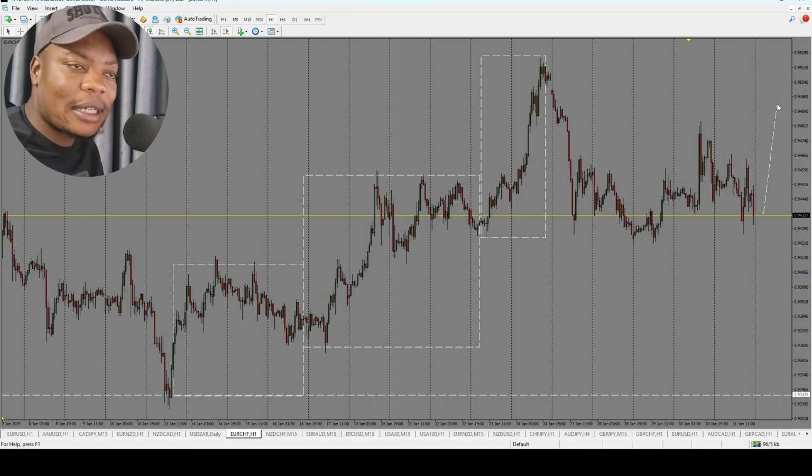So these are the pairs that I'll be looking at this week, and I hope you will be looking at them as well. On that note, we've come to